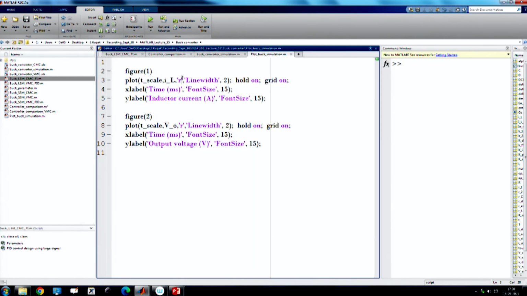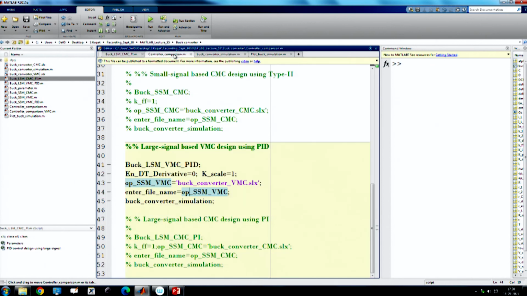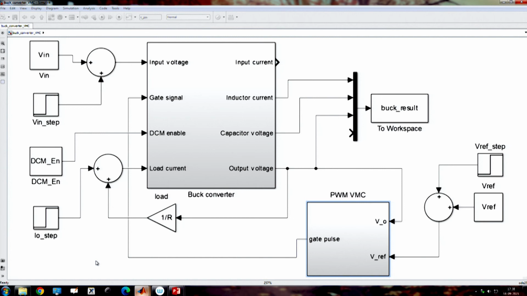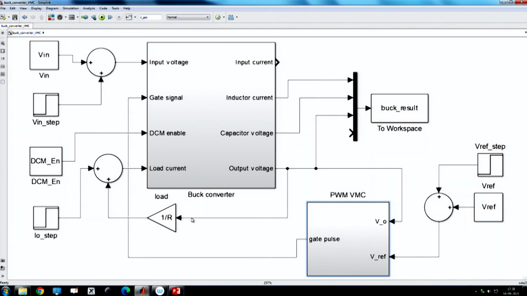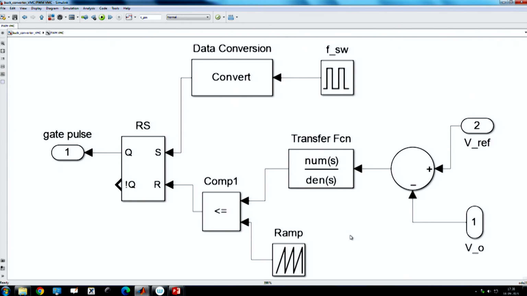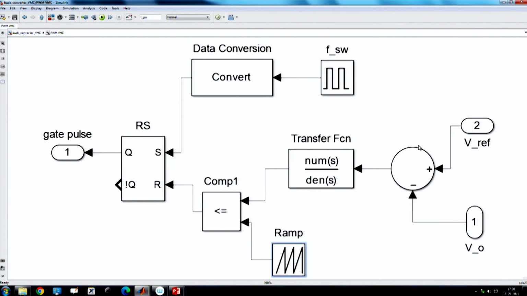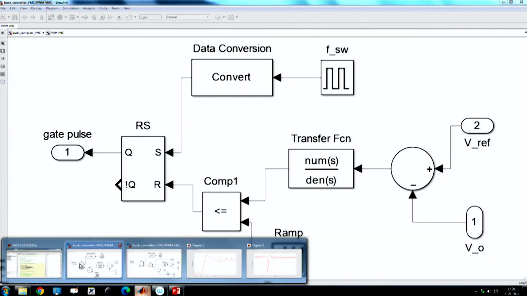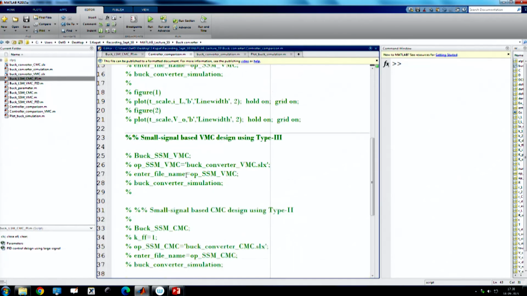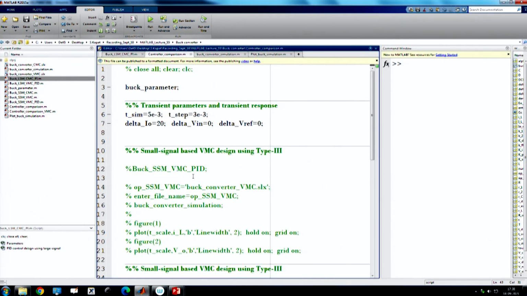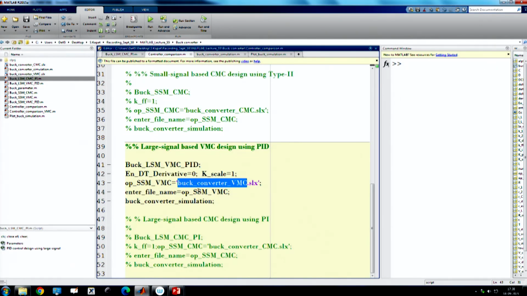If we change the color, blue for voltage mode, you see it is taking the buck converter voltage mode control logic, which is nothing but simply the voltage mode control, no load current, nothing. If you go back, it has a ramp with a very low magnitude, this is the error voltage, and this is the compensator. If you run it, we are using a very small ramp, a very low value of ramp.